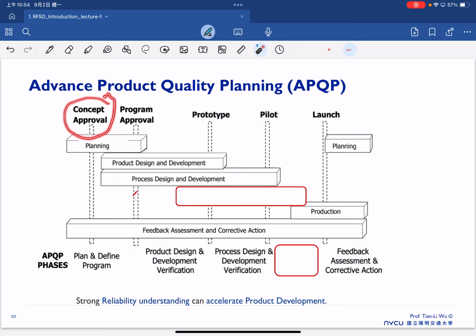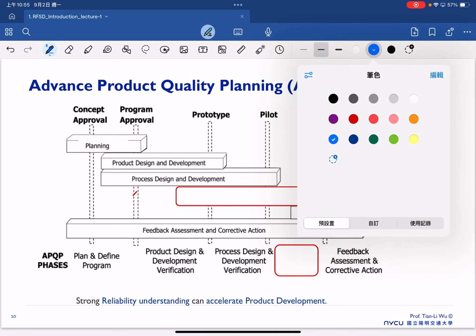We come up with several concepts to think about which ones are suitable for our target spec, and then we have the approval for our concept. After everyone inside the company agrees on the concept, they start the product design and development, and also the process design and development. Once we reach the moment that we have the first prototype of our product, we have some product and